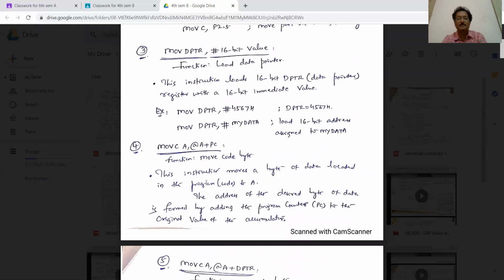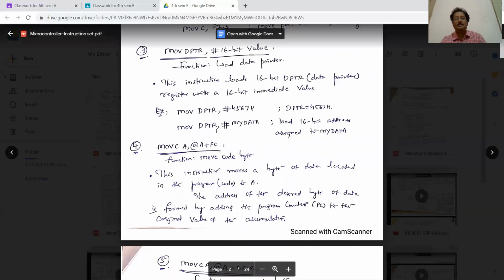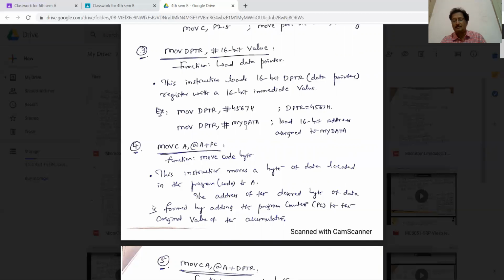One variation is also there. Move DPTR comma #mydata. Instead of loading it directly into DPTR, you can go to that particular target which is indicated by mydata. Starting from mydata, you can store some ASCII characters there. Something like if you want to bring in the word India, starting from mydata, there all the characters are stored. So you take them into DPTR one by one. One program we have seen in the last session. You can just refer to that in module number 2, I should say.